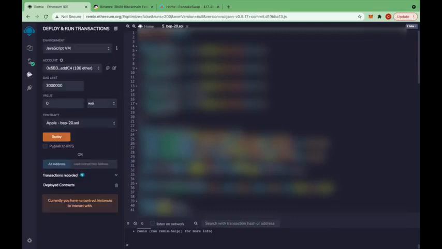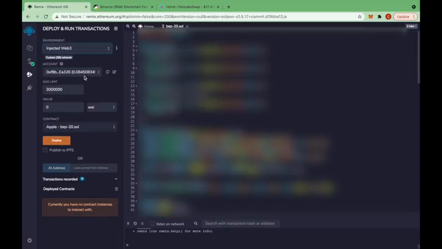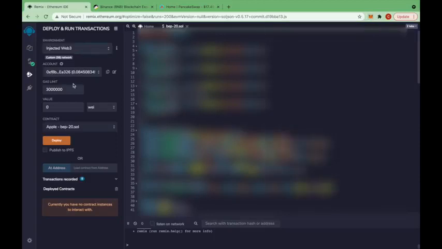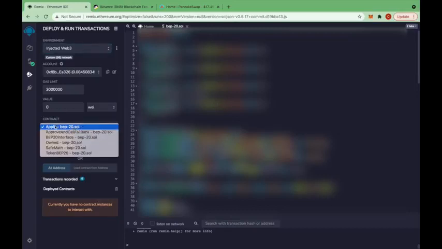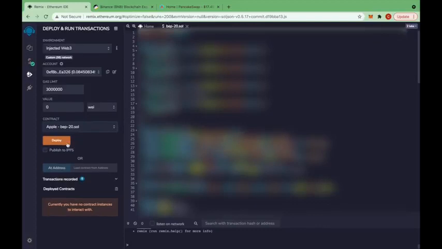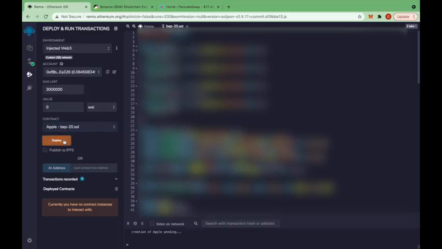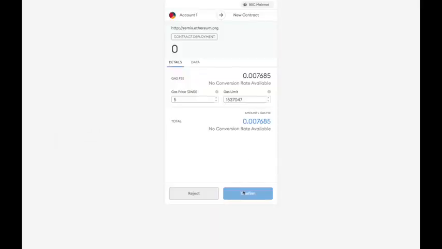To the next one, you can go to the next tab, and then change this to injected web3. And make sure that you have your MetaMask wallet connected on Google Chrome, and you can see I have mine over here. I have mine connected. You can see it's 0xF8, and we have 0xF8 here, so it's connected. And change this contract. Make sure that this contract is the name of your token, right? So let's deploy it. I just have a small amount of BNB here in my MetaMask to cover gas fees. Let's just go ahead and press deploy, confirm,